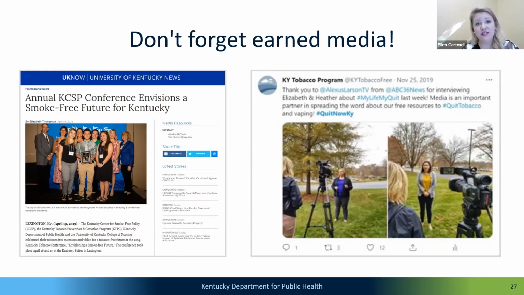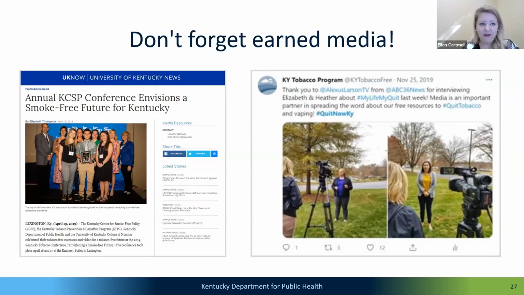Then you can put it on social media and advertise it the ways that you traditionally would. But you can also write out the little press release and send it to your local stations, and they might decide to write an article about it. That's especially true if it's something around Great American Smokeout or Heart Health Month or something like that. Then that gives them an extra thing, especially if you have a smaller local news or, for example, newspaper like I do in Maysville. They're often looking for content like that.